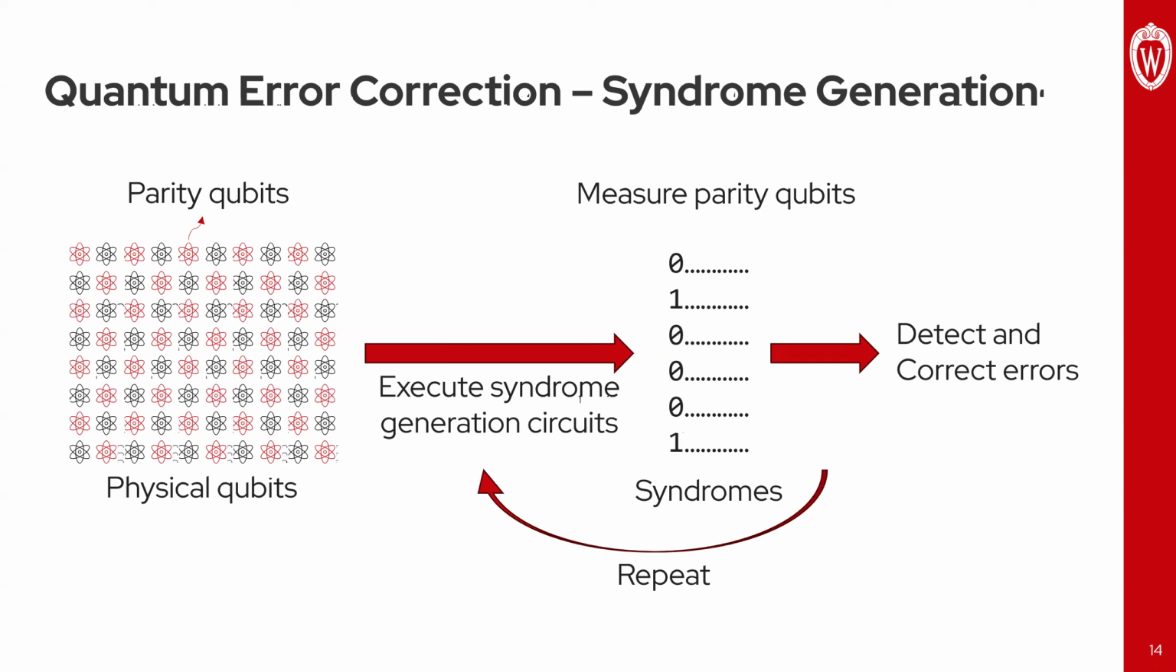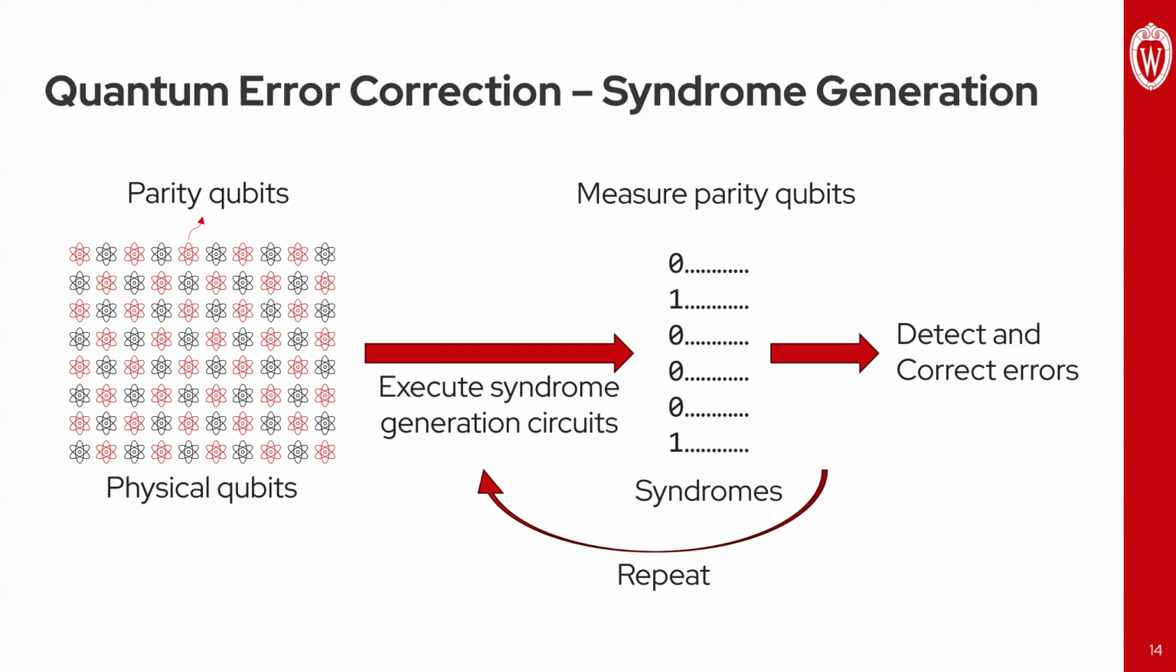And of course, there is a certain limit to how many errors we can detect or correct, and that is dependent on the code you use and the distance you use. But this is the whole notion of quantum error correction. So moving on to